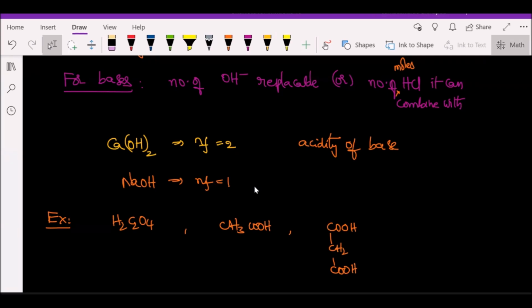That's good. Shivkumar and Dinesh Kumar. The first one is N factor 2. Okay, how do you say it is 2? Sir, because 2 replaceable hydrogens. Right. If the reaction is given, we can say based on NaOH consumption, but the reaction is not given. So you have to go with the number of replaceable hydrogens. Yes, so for the first compound, it is 2, it is right. And then, sir, all are 2, sir. Yes, all are 2.